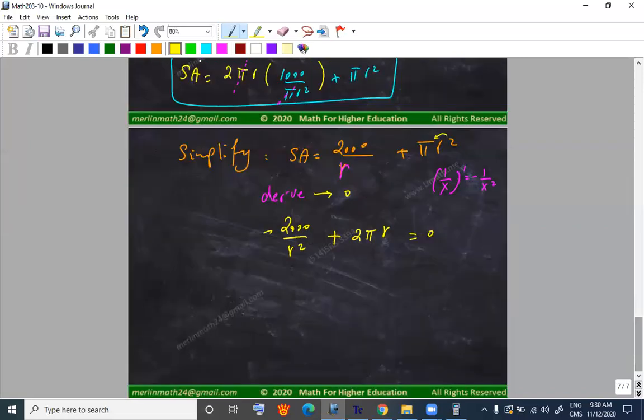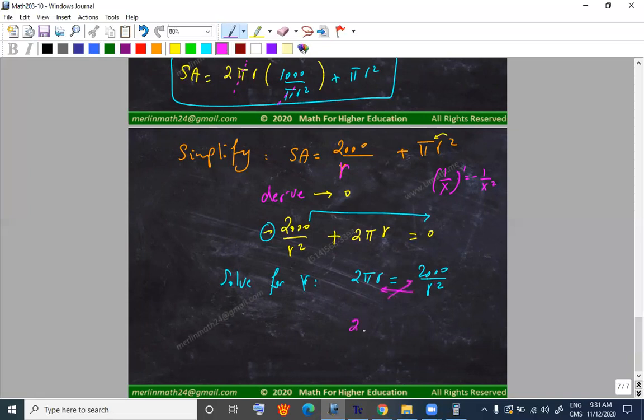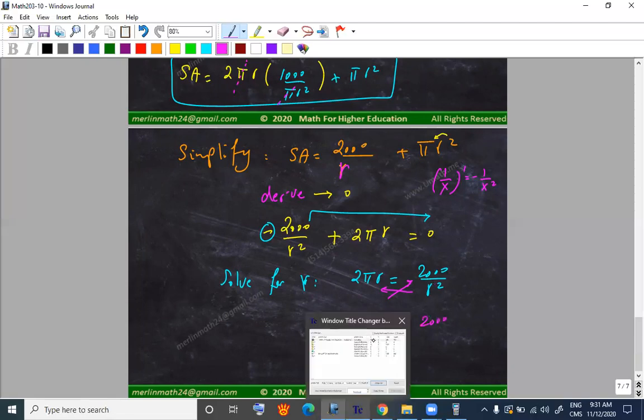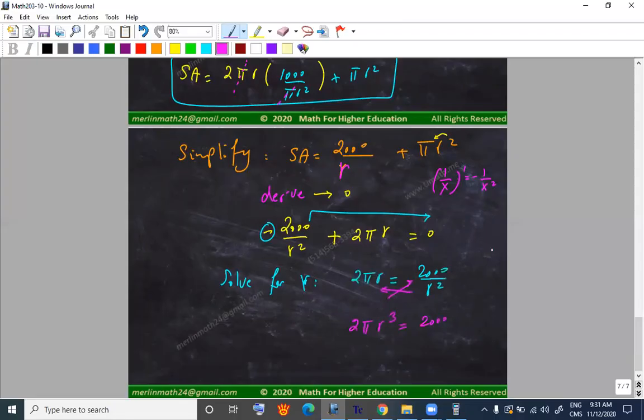Solve for r, like as if it is an x. To solve for r, you isolate r. I like to get the minus shifted to the other side. So I get 2 pi r equals 2000 over r squared. I cross multiply. Again, there are many ways to solve; this is one of them. So I cross multiply and then isolate r. 2 pi r cubed equals 2000, divided by 2 pi. So r cubed would be,